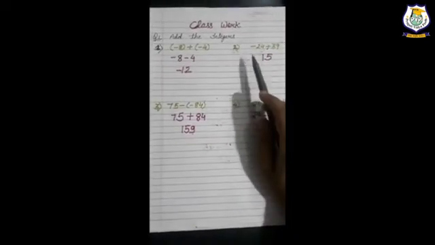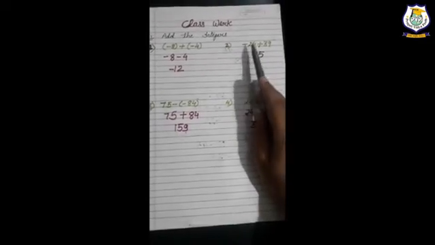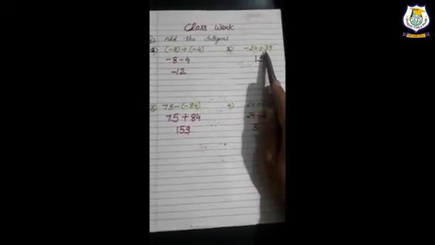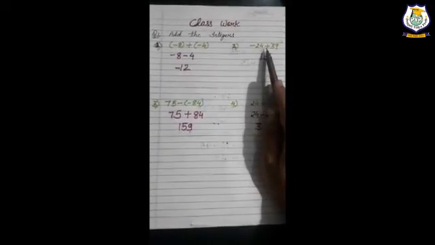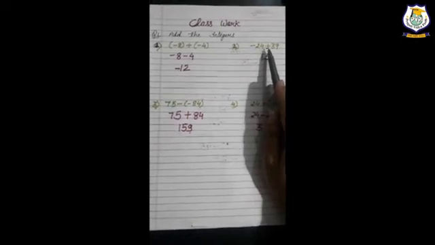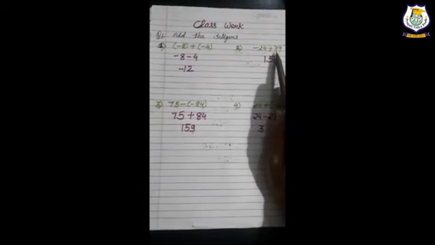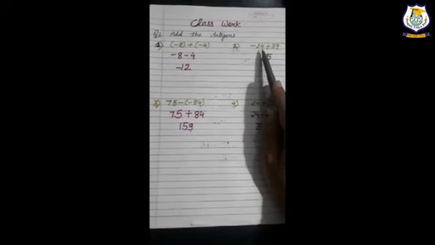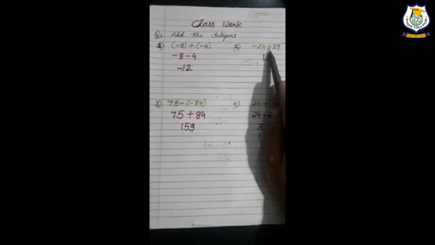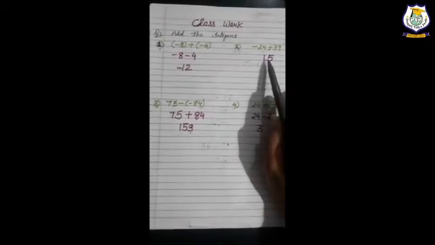Now we will come to our second example, minus 24 plus 39. Right, here one is negative and one is positive. So what we will have to do, we will have to subtract. Whenever we are having numbers with opposite signs, then we will have to subtract the integers. 39 minus 24, we will subtract 24 from 39, it is 15. Now which number is greater, 39 or 24? Here 39 is greater, and 39 is containing which sign? Plus sign. It means 15 will also contain the plus sign, so it is plus 15.